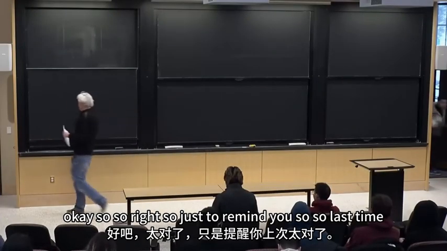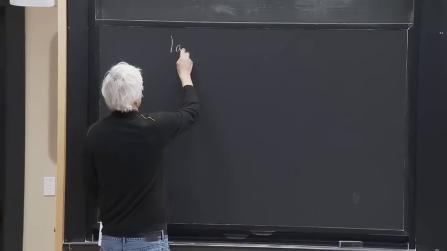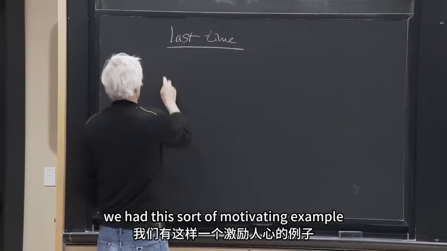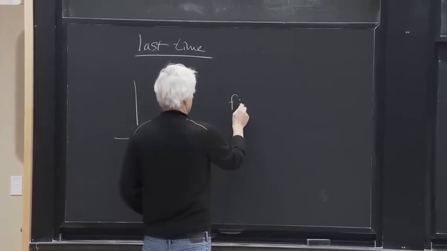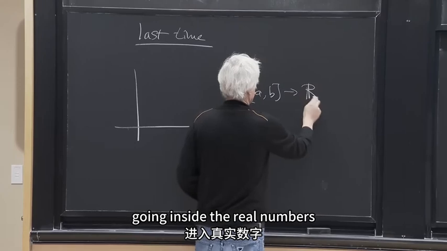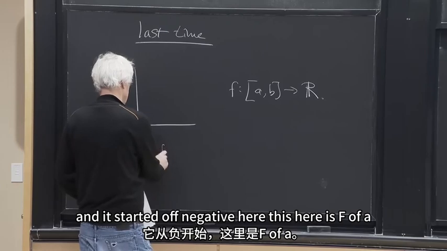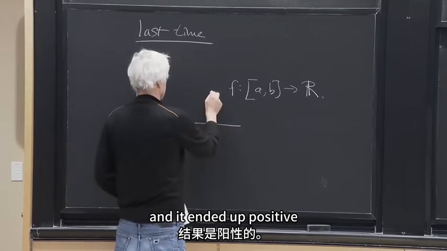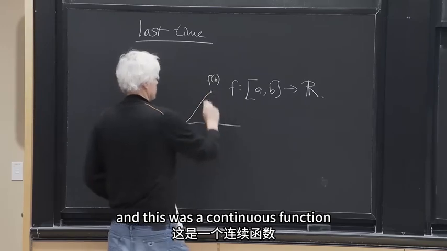Okay, so just to remind you, last time we had this motivating example: a graph of a function f defined on some interval from a to b, going into the real numbers. It started off negative here. This is f of a, which is negative, and it ended up positive, f of b. And this was a continuous function,